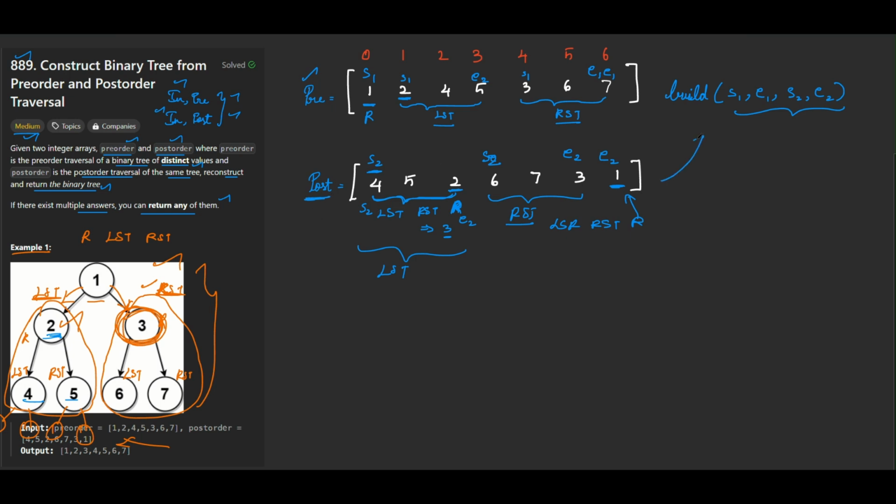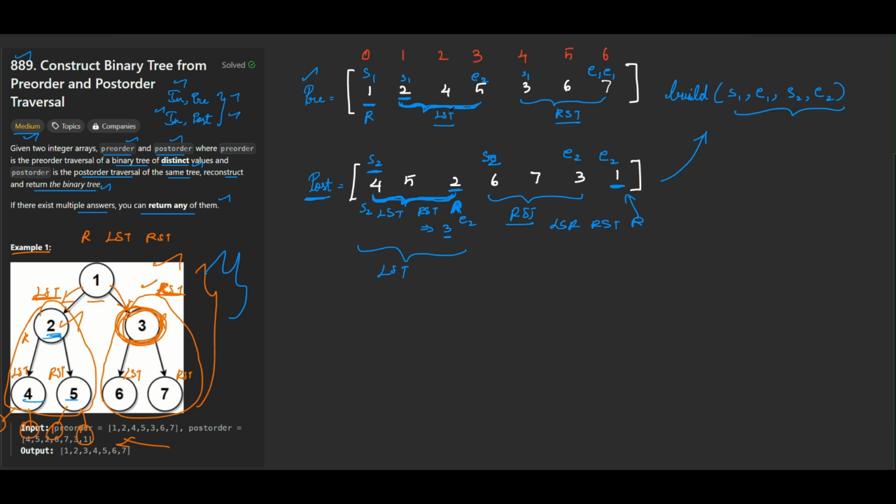Now we can just call a recursive function by having all this information. And for these individual chunks as well, let's say this is the left subtree, and this is going to be the equivalent left subtree from post order traversal. Just what we have done for the whole tree, if we keep on repeating the whole action for these subtrees as well, does it sound like divide and conquer, what we have just discussed? We are just breaking down the whole problem into smaller chunks of problems, and finally when the edge case is hit, we'll be returning the tree node with which we'll be building the solution for the whole